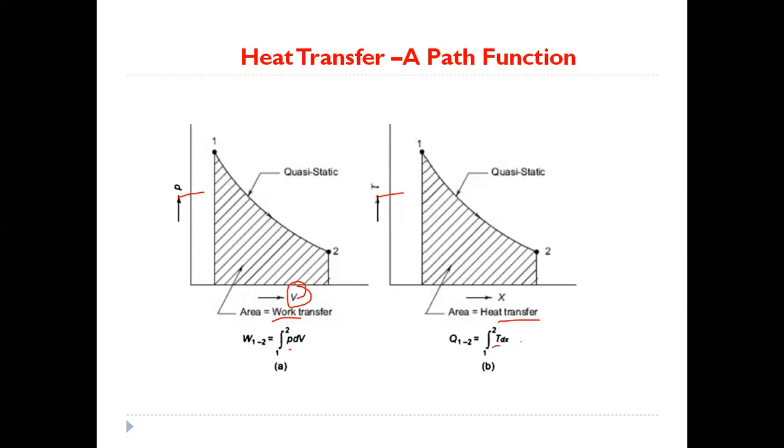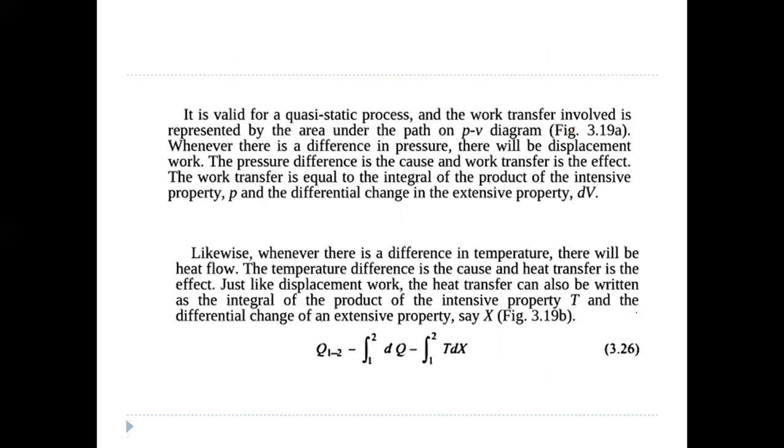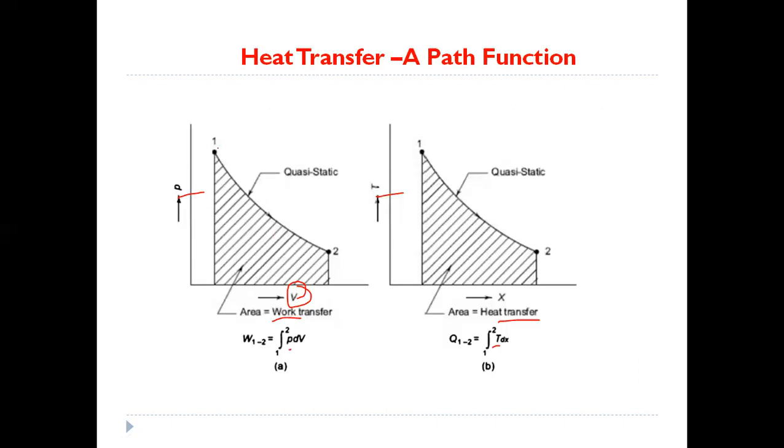So whether the heat transfer... we already know that the work done is a path function. So now we will study whether the heat transfer is a path function or a point function. We already studied that work transferred gives the area under any curve. That means the amount of work that is transferred is given by the area under this curve. That means the work transfer depends on the path that is followed. So depending on this path only, the amount of work transfer depends.